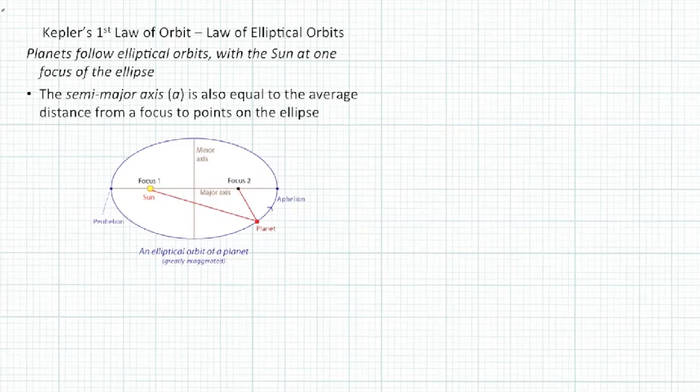Which brings us now to Johannes Kepler's first law of orbits. And what we have here is actually a very well-drawn ellipse. I want to label a few parts of this ellipse right here so that we can recognize them when we see them again. Part of this I already mentioned: the fact that the Sun exists at one focus of an ellipse. A focus right here,